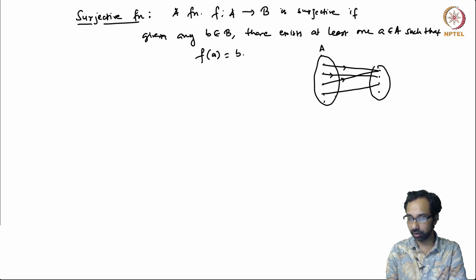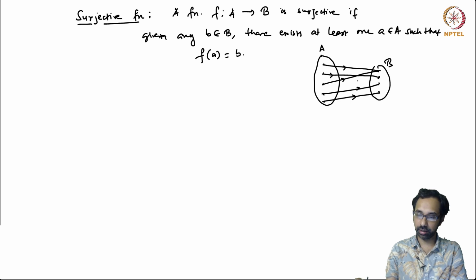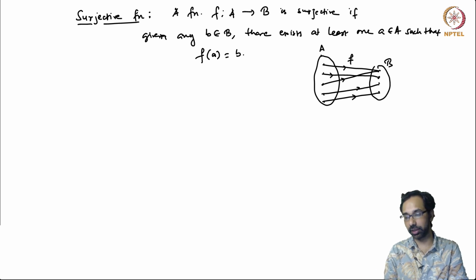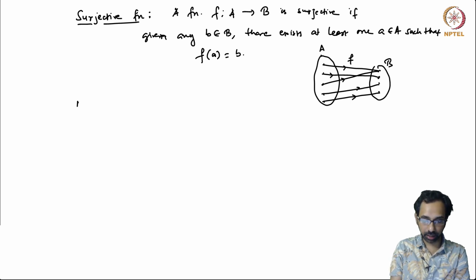And here you have like this. So all elements of B have a corresponding element in A which maps to that element in B. So this is a surjective function, and we define a bijective function